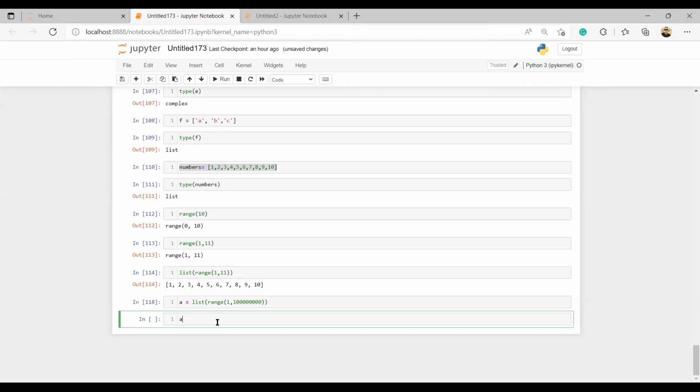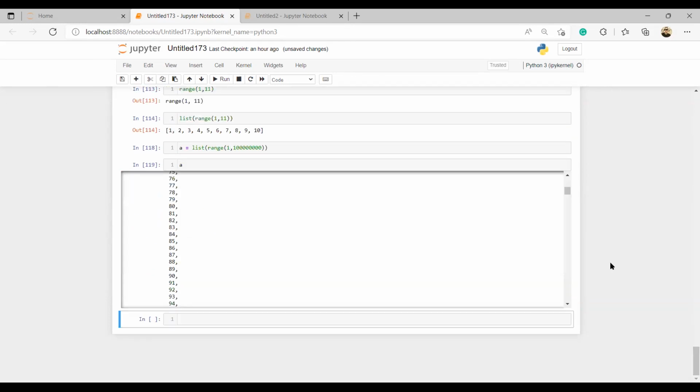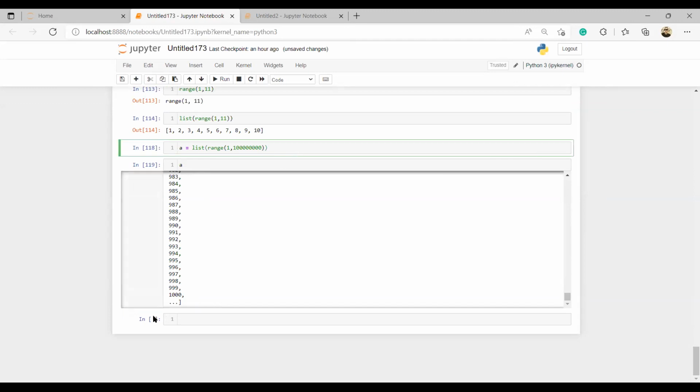So if I type A now, what will be inside A? 1 up to 100 million, 99 something. The 1 to 99. Exactly. Can you see the dots? It means to be continued. Continuation. Means what? To continue till it gets to the last.